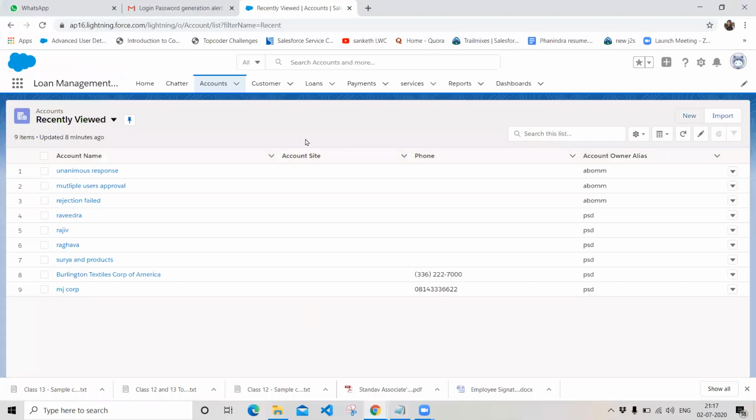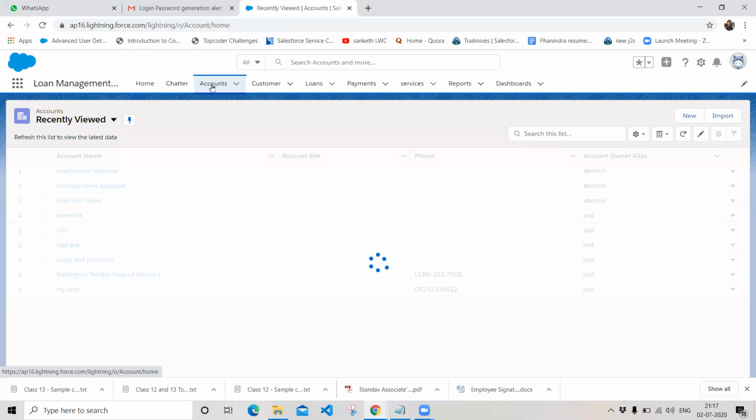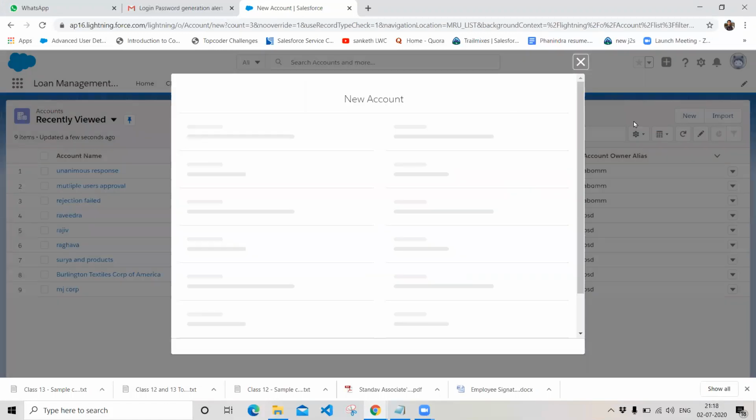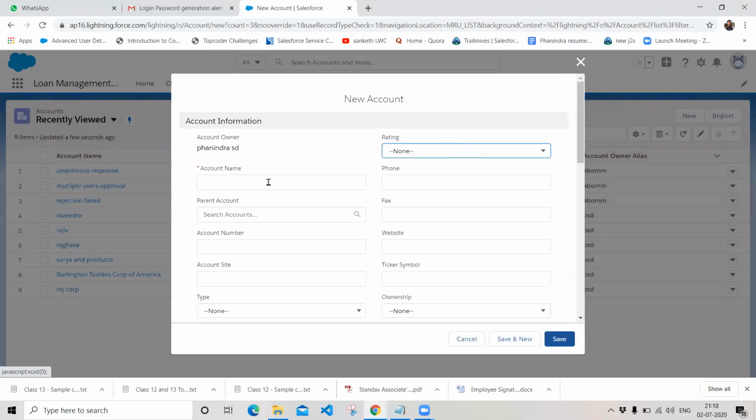So this is my Salesforce organization. In Salesforce, we have an object called account. Let's go to account and create a new record. Click on new, and I want to name this record for task. The name of the person is Ravi, and his phone number is